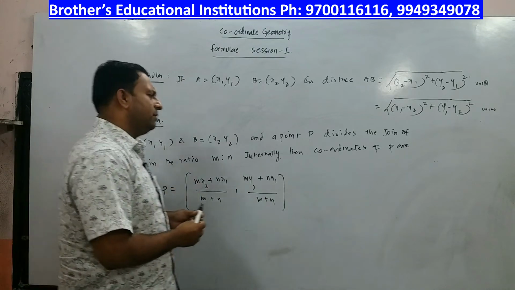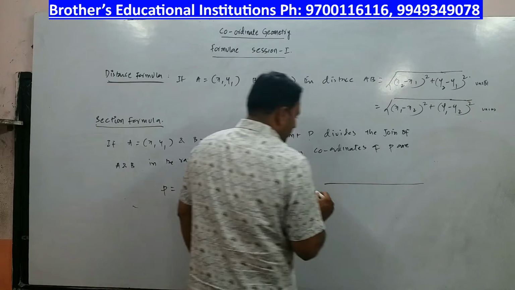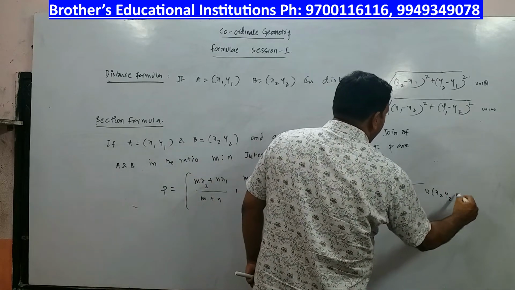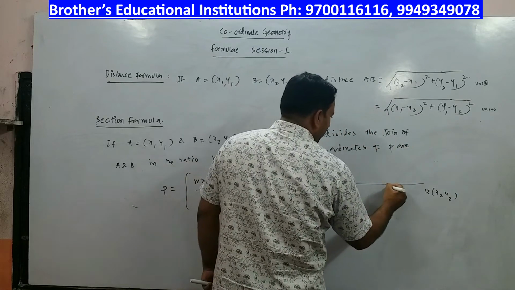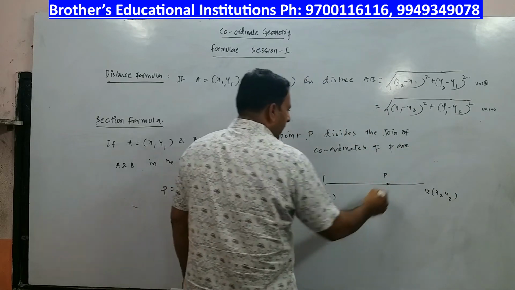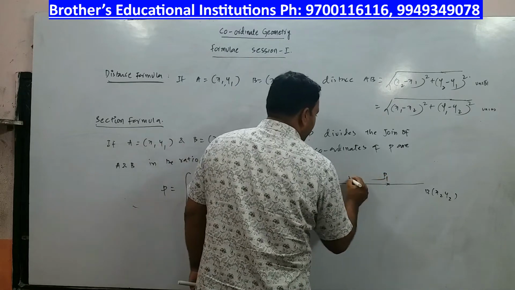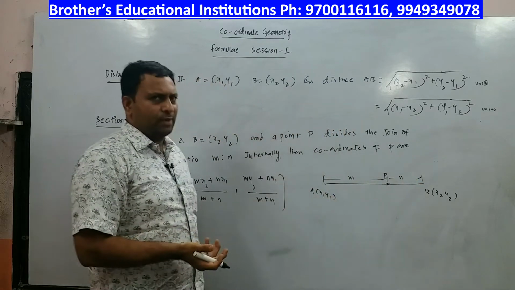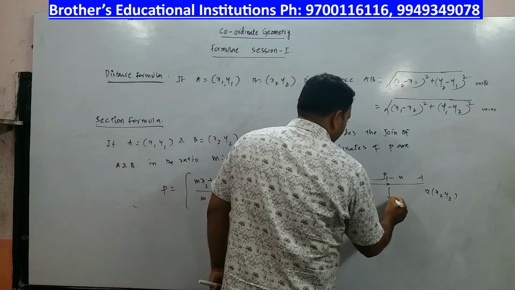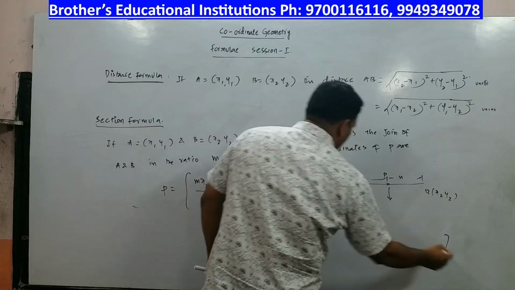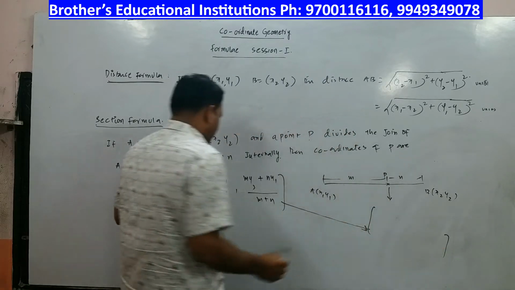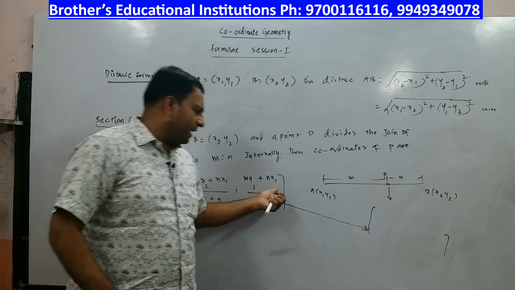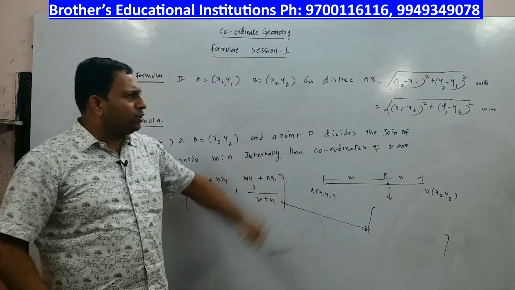And what exactly does it mean? Let me explain to you through a figure. There is a point A (x1, y1), there is another point B (x2, y2), and you have a point P in between. Let us say the point P is here, and the distance of this point to this point, if I measure, is found to be m, and the distance from this to this is n, or the ratio of the distances is m is to n. In that case, if I want to find this point, you have to apply this formula: (m x2 plus n x1) by (m plus n), comma, (m y2 plus n y1) by (m plus n). Right? So I'm sure you have understood.